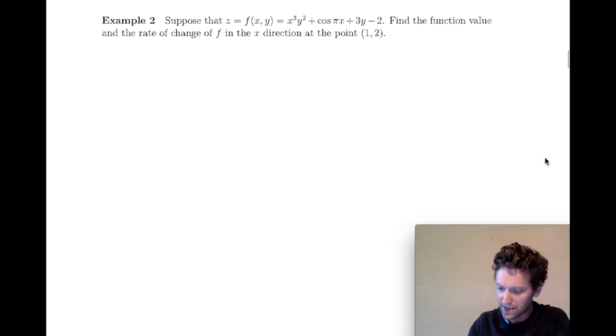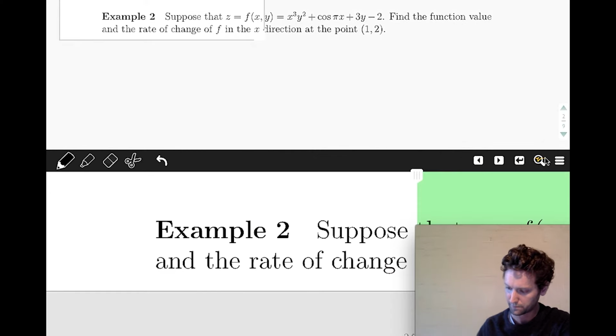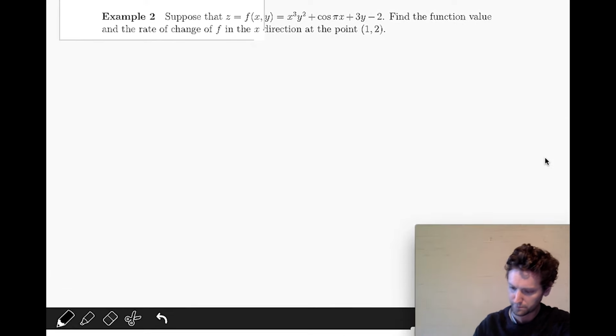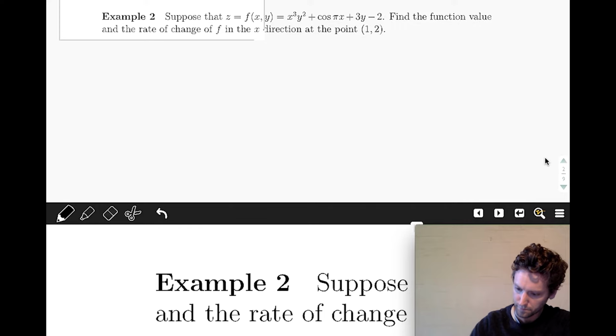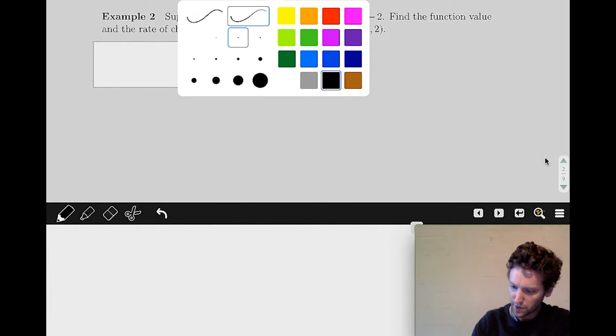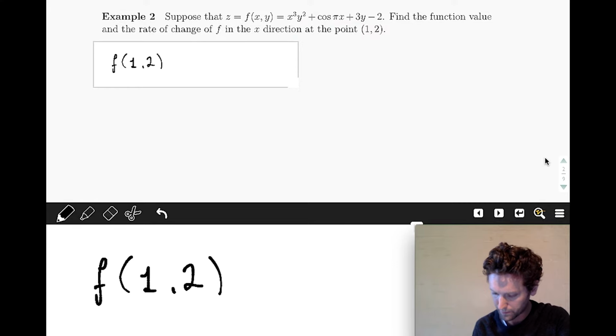So in example 2 here, we have a slightly more complicated looking function. Z is equal to x cubed times y squared plus cosine of pi x plus 3y minus 2. The first thing we want to do is calculate what the function is at the point (1, 2). So x is equal to 1, y is equal to 2. Okay, so the value of our function is, substituting in x is equal to 1, y is equal to 2,